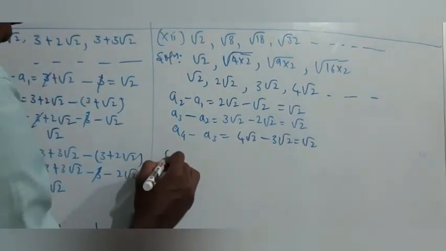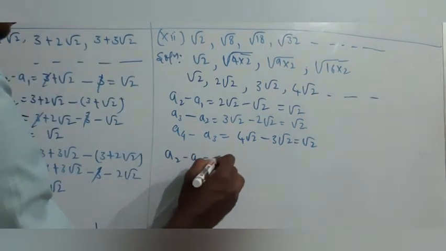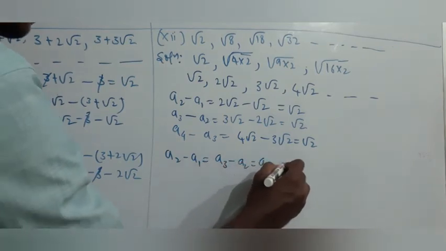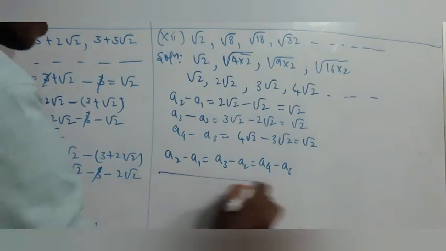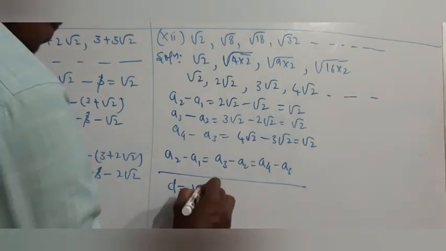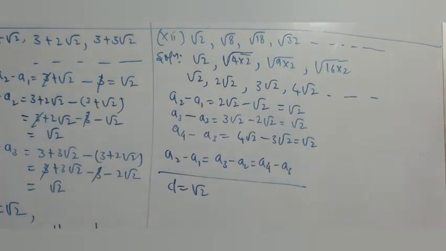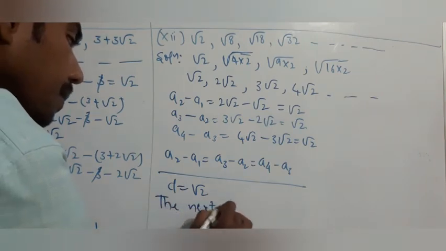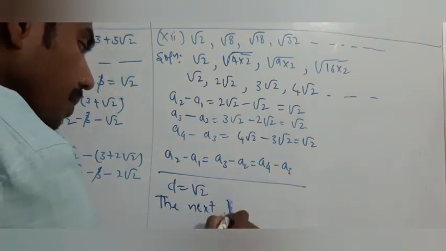So, A2 minus A1 is equal to A3 minus A2 is equal to A4 minus A3. Therefore, the series is an AP, we can write D is equal to root 2, and the next 3 terms are,